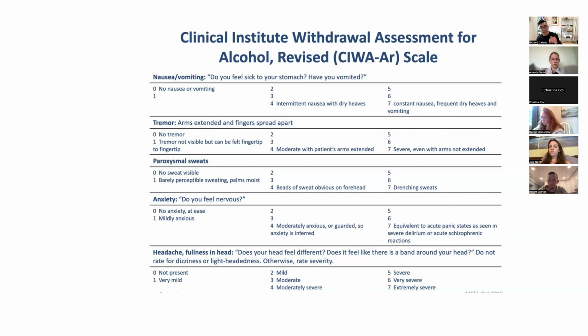So what happens, you give them benzos because it's cross-tolerant with alcohol, and you taper them, right? You usually do a benzodiazepine taper. You find the dose that keeps their CIWA under control, and then over a couple of days, you start reducing it, right? Same as if someone was addicted to benzos. You do the same thing, right? Someone's addicted to Xanax. You put them on a longer acting benzo and you taper them off. Maybe Klonopin, maybe Ativan, right? And you wean them off. Does that make sense?